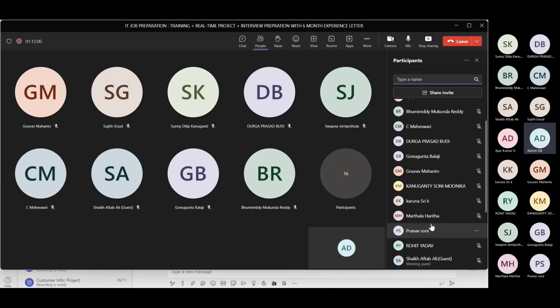What I will suggest, either you can use your existing email, anything should be fine, or if you want, you can create a fresh email from scratch. Everyone should have this resume ready and this email ID ready. So let's connect today at 4:30 p.m. Everyone clear on this part?